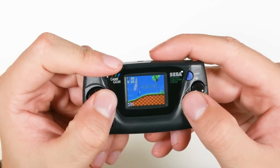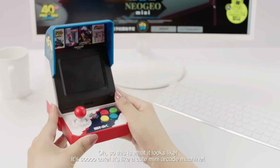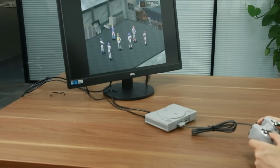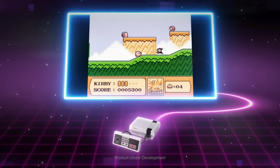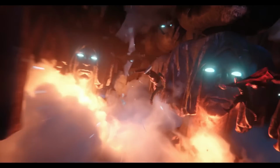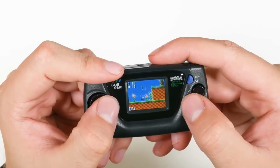Today we're talking about the best classic micro consoles out there. You know, those tiny retro gaming systems that bring back all the nostalgia and fun of playing old school games on your TV. From the original NES to the Sega Genesis, we're gonna dive into the top consoles that'll transport you back to the good old days of gaming. So, if you're ready to level up your retro gaming experience, keep it locked in and let's get started on